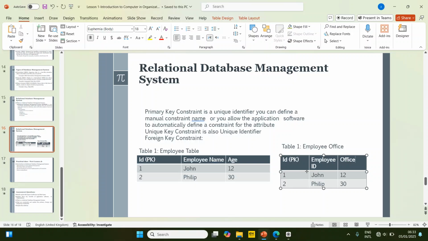All right. So now this employee John's ID is one, then Philip's ID is two. So the office, let's say John's office is room 124, then this is room 125. Okay, now you can see what happens. In this employee office table that keeps track of employee offices, then this is the employee table that keeps track of the employees. Now this employee office table has one